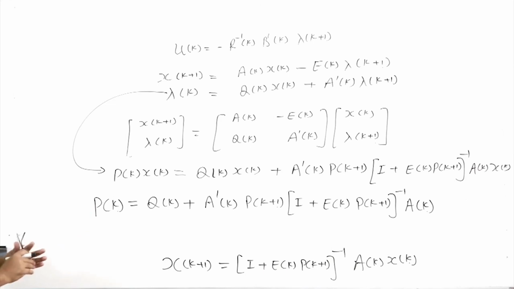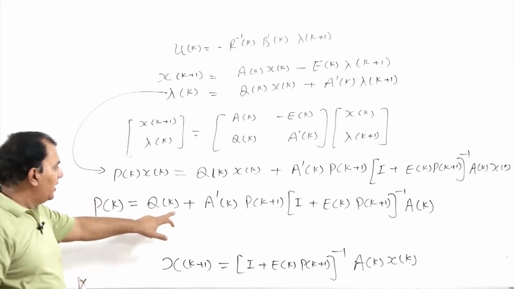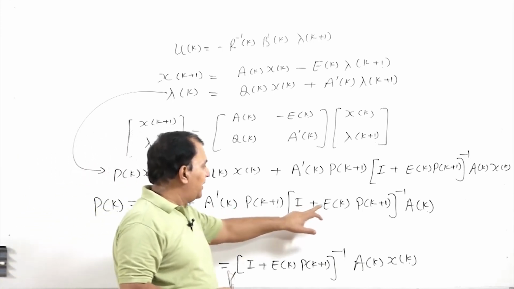So, now this equation is in terms of pk, qk, pk plus 1, and Ek,